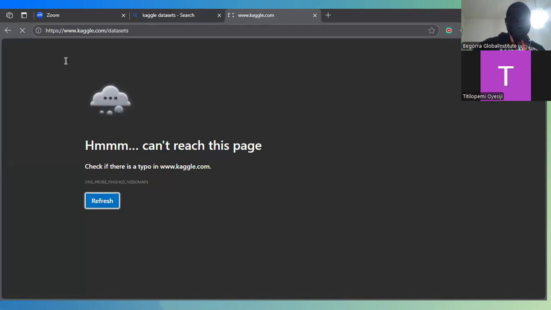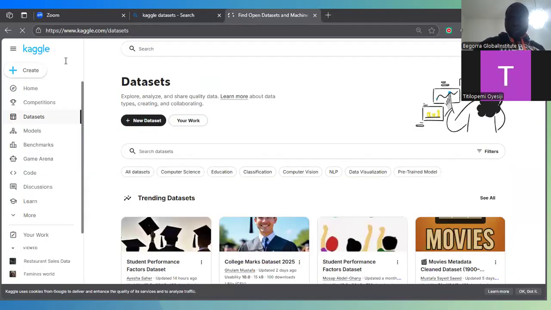So I'll show you how we can download data sets from Kaggle, because I want us to use a data set here on Kaggle. So from what I'll be doing, just follow me closely so that you can be able to do it on your own. And if you have internet connection right now, if you have your system, follow me. You can search for a data set that you can download and work with on your Kaggle.